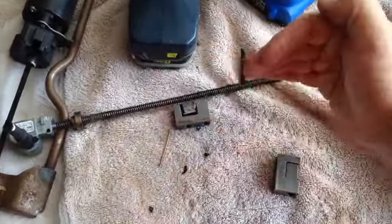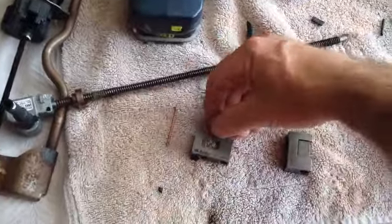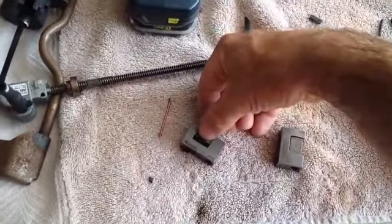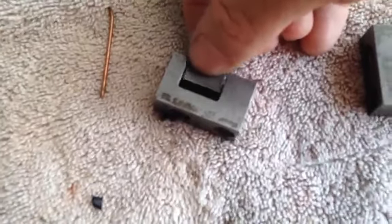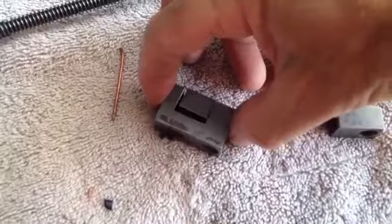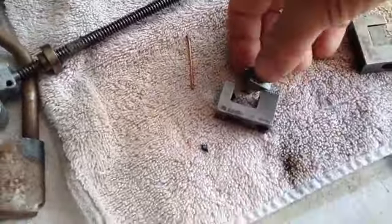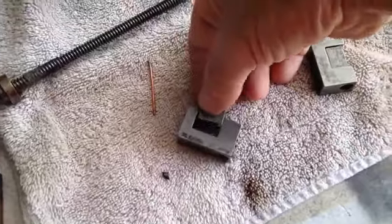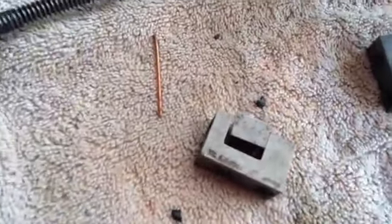So this is the insert that goes in and out, and then this one's bolted to the outside, and the play that I'm feeling is this little bit right here. So every time you rock the seat back and forth, it's exactly how much. I have no idea why there's so much slack, but I have a feeling there may have been some sort of